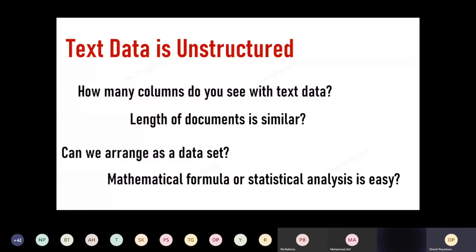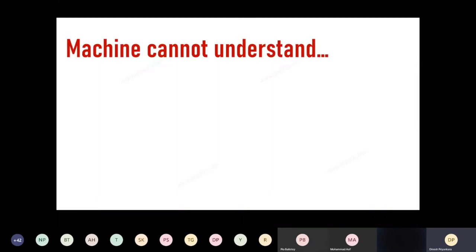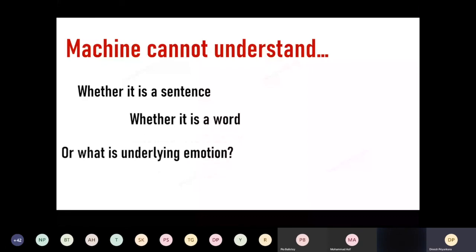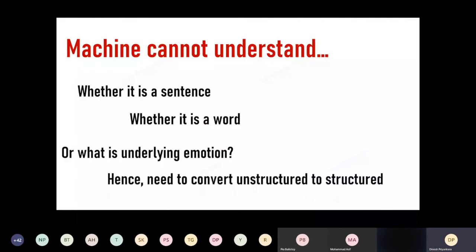We know that machine cannot easily understand what we have given. For example, I'm passing a text saying, I like this person. In order to find whether it is positive or negative, I can ask the machine to just try to get the sentiment value out of it. But we know that machine cannot easily understand. Machine doesn't know whether it's a sentence, whether it's a word, or the context of it. So how do we train the machine to make sure that it can understand all of these things?